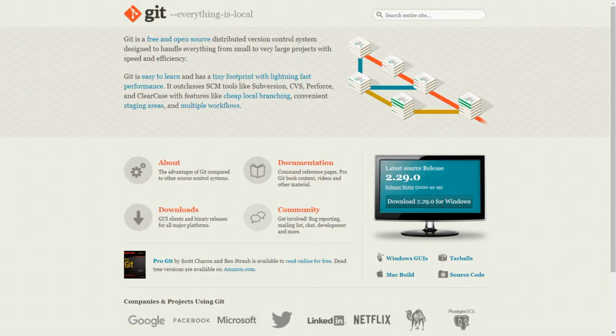So in this session we are going to see how to use the Git version software. In the name itself it's saying that it's a version software. So what is the version? Version means we are managing some documents in day-to-day life.